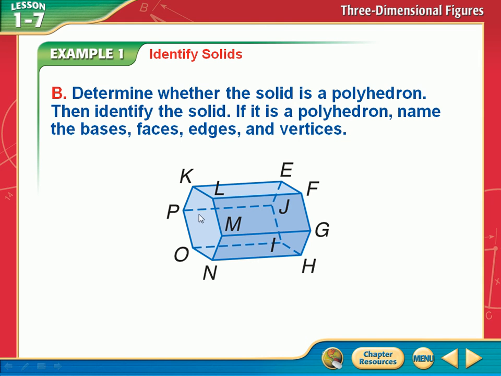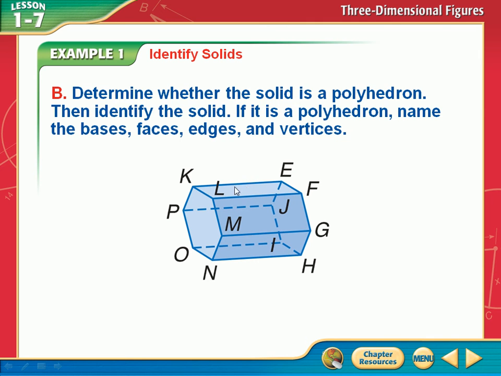So I would say it's got 2 bases, right? Now, it doesn't look like it's sitting on this, does it? But these sides go straight out like this. So it's kind of sitting on its side, isn't it? So this right here would be the base, and same thing right here. It's got 2 bases. It doesn't have to be sitting. Listen to what I just said: this thing is kind of sitting on its side, because it's only got 2 of them.